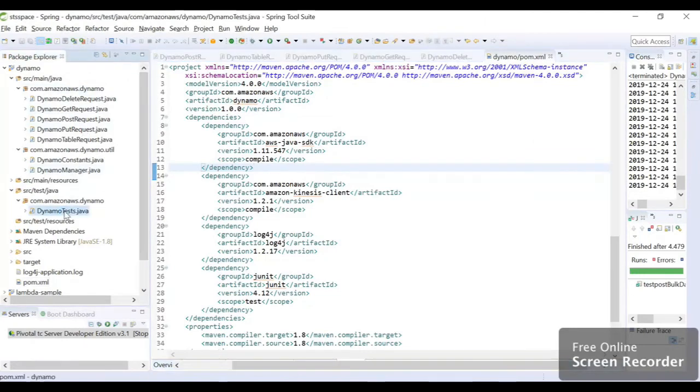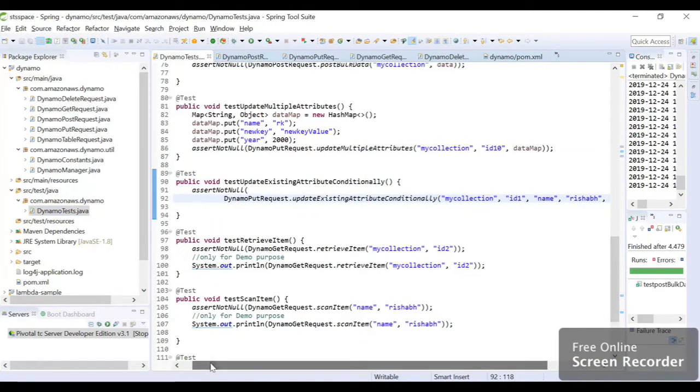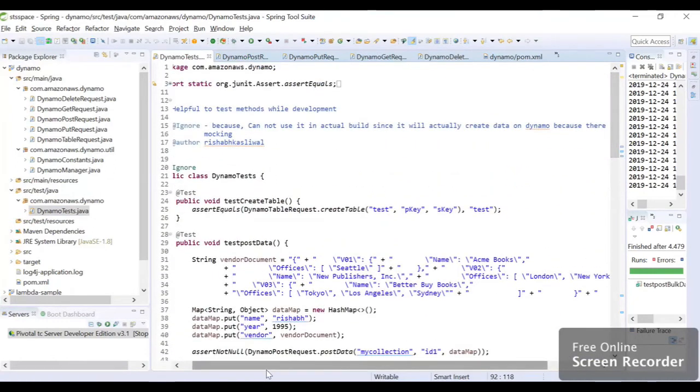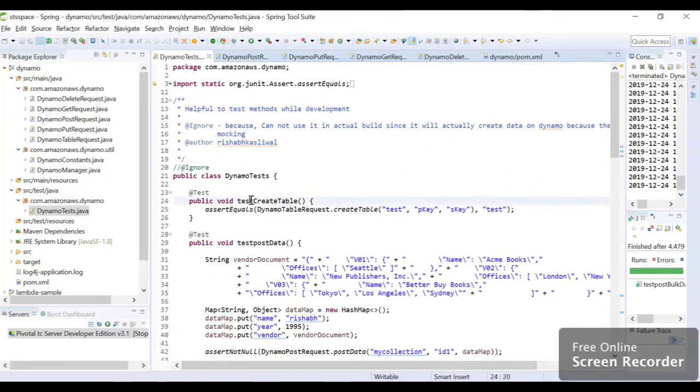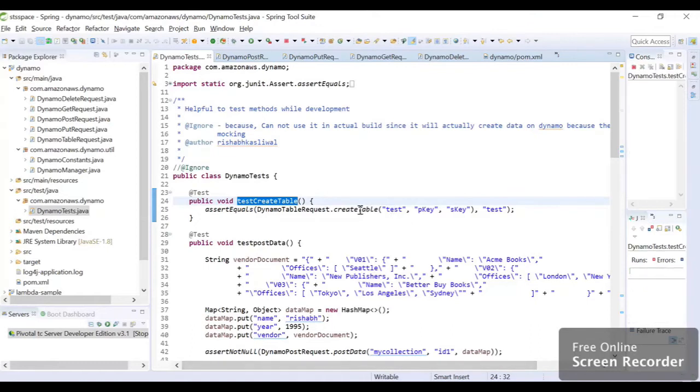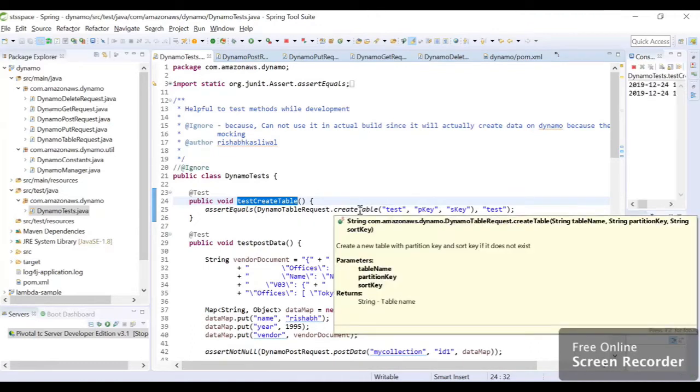I have created this test class which directly creates the data in DynamoDB. There is no mocking involved here, hence it is marked as ignored. So let's say we want to create a table in DynamoDB. I just run this test case. It will create a table with the name test, with the partition key name pkey, with the sort key name skey.